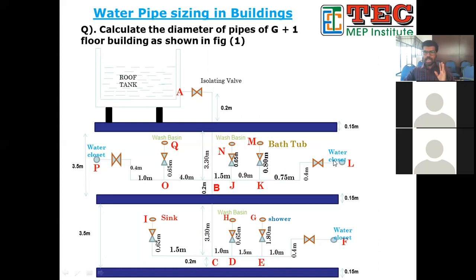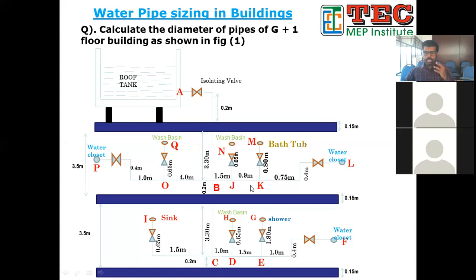All this, direct connection will be the same. The pipe diameter will be same as that of the minimum pipe size. So, in the WSFU method, there is a recommended minimum water supply pipe diameter. That diameter will be the same, so all this you can directly get from the table.